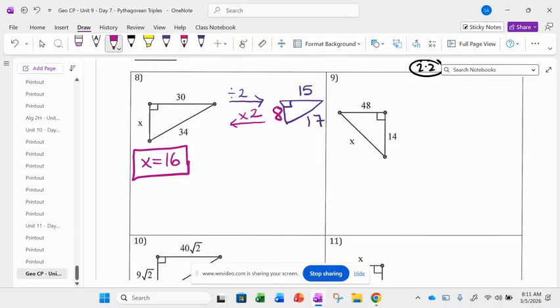What's that last side? 17. Right, now you go back and you